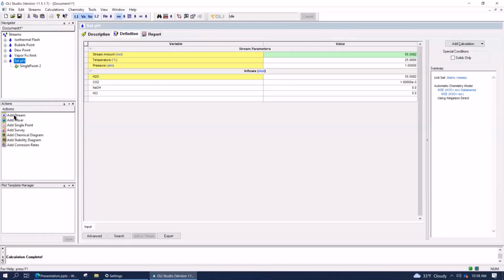So let's do this, everybody together. Let's add a new stream and just call this multi-phase. I'm not very imaginative with my names today. Right now, I want you to still work in mole units, even though it may not be natural for you. The good thing about moles, if you're not familiar, is that they make life easy when you're doing acid-base reactions, because 1 mole of acid will neutralize 1 mole of base. It's like the stoichiometries. Eventually, we'll get to more practical units like concentration or parts per million, whatever you're using.